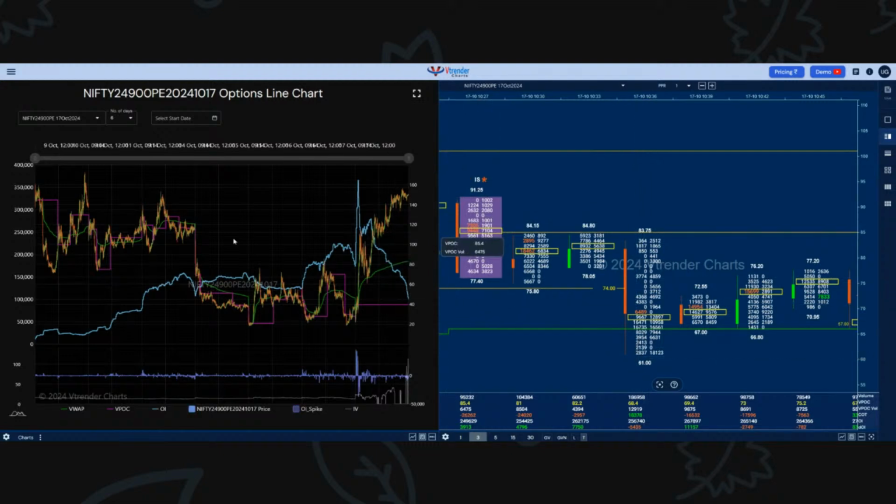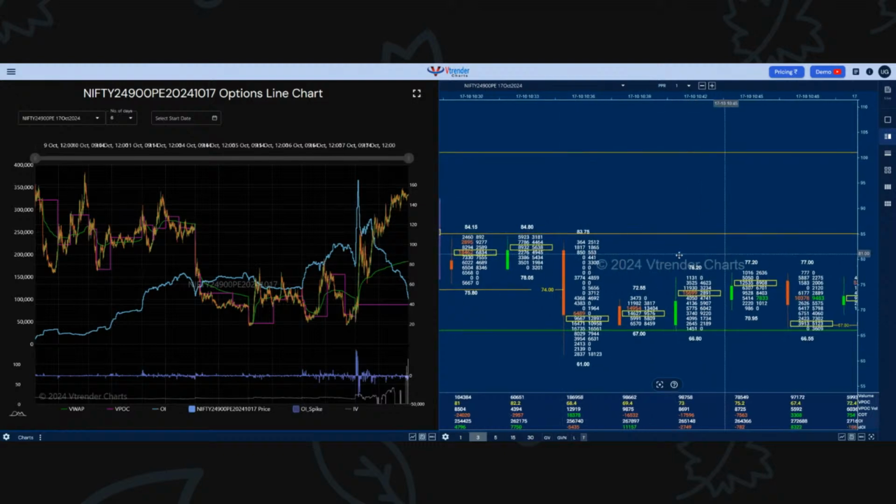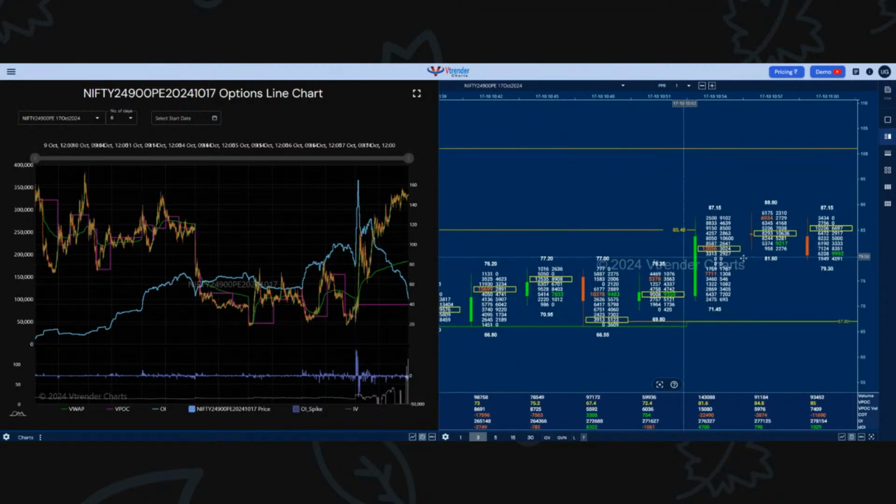What will be our higher target? Because we have this 115 already hit, we will have the upper POC which is at 129. This 115 was here, 129 is here as our first objective, and then we have this 145 as our higher objective. So here you can see once we got above that